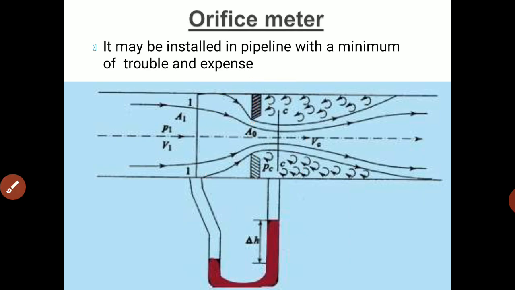By keeping the diameter minimum, we get a higher velocity. It is based on the same principle as the venturimeter, but here the value of the coefficient of discharge for the orifice meter is between 0.60 and 0.65, while in the venturimeter it is 0.91 to 0.99. This is economical, less space is required for fitting, and the derivation of discharge through an orifice meter is much simpler.